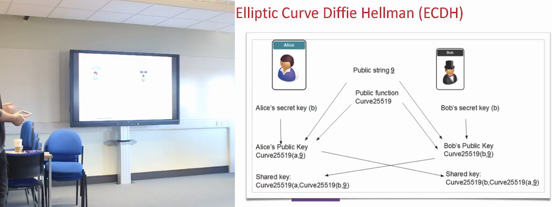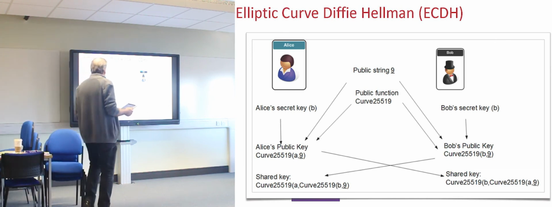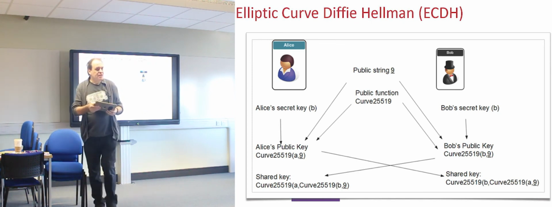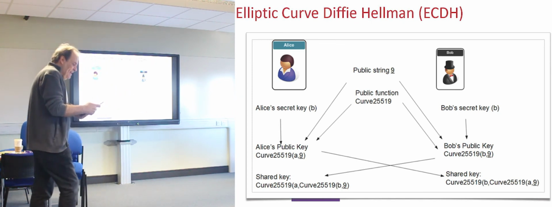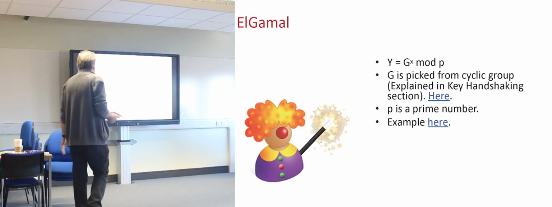So if you're interested, that's the elliptic curve Diffie-Hellman. We'll go over the Diffie-Hellman method in a little while, but we have a public string, and they do some negotiation, and then the Tor node will have a symmetric key at the end of it. Okay, so as a last method,